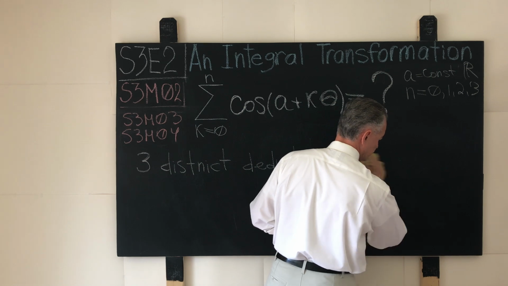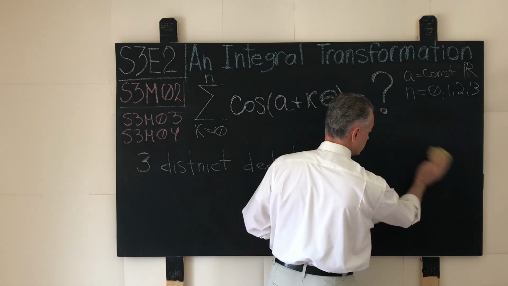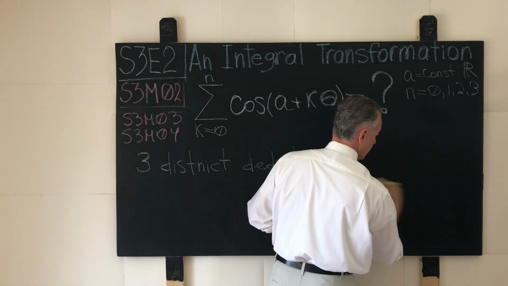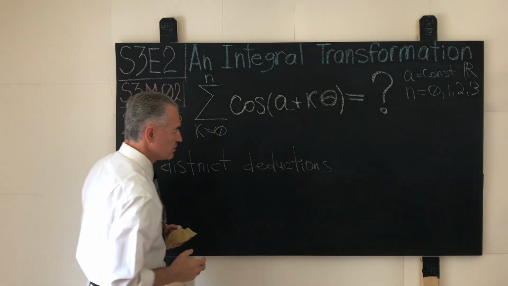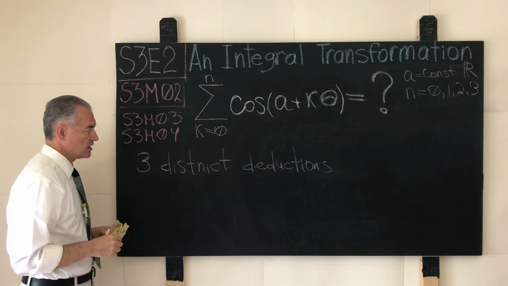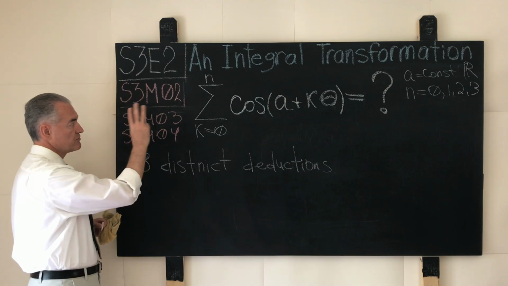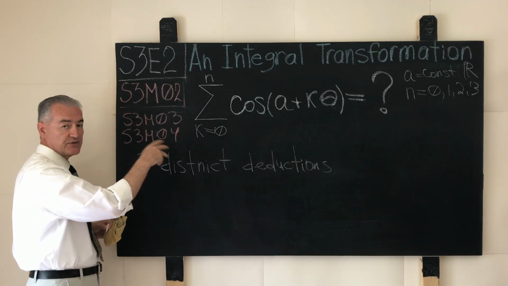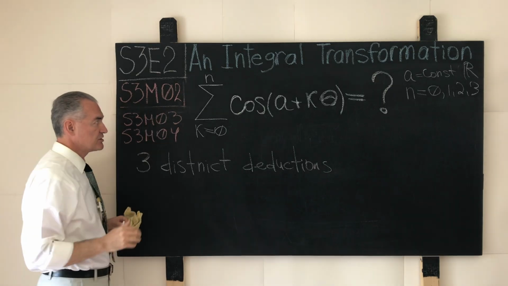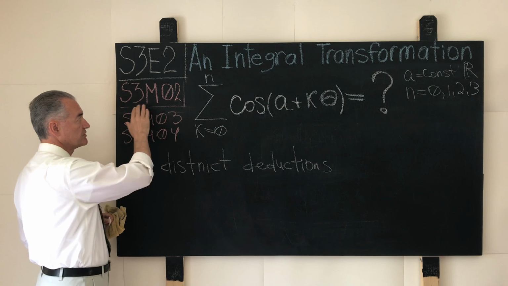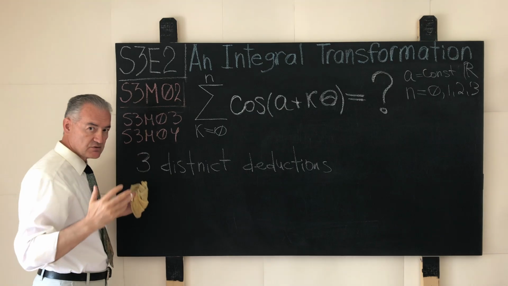Ideally, you want to have many different ways to solve one and the same problem, and usually that can be done quite often, especially initially in an academic setting, depending, of course, on the machinery. Certain problems can be solved with machinery that most students could not possibly follow. So here, I will split the next challenge into three problems in mathematics. After that, we'll solve a beautiful problem in physics. But here, the next challenge will consist of three problems: S3MO2, MO3, MO4, all basically related to one, and the